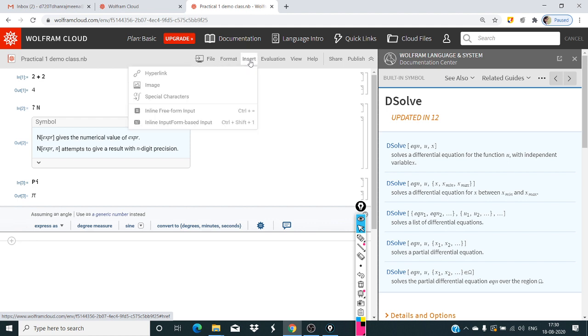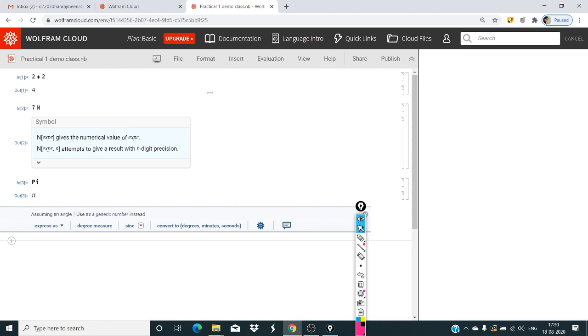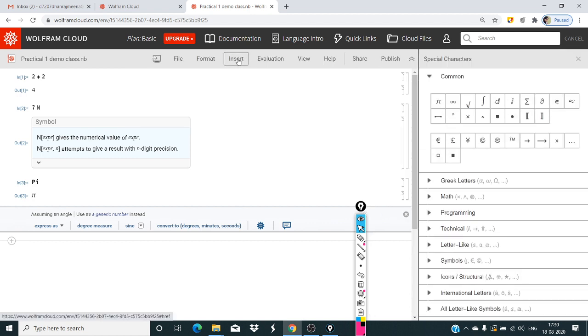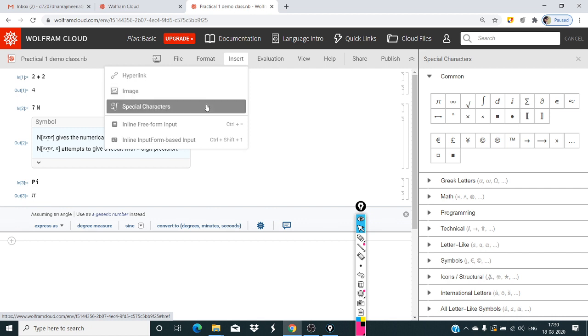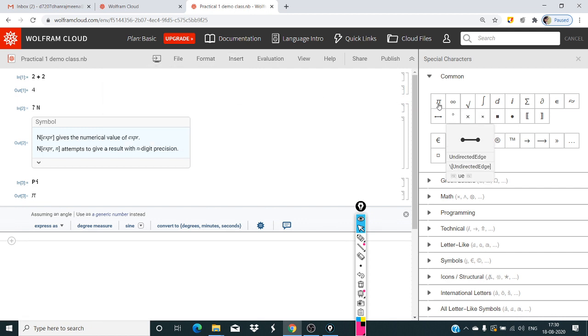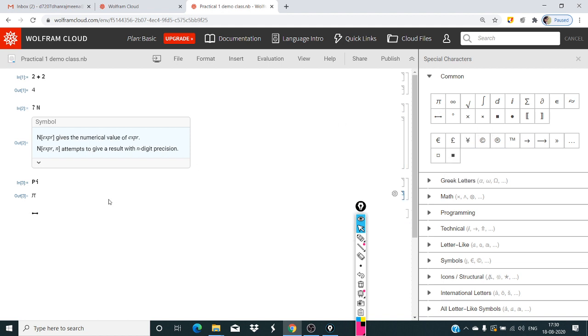But if you want to use it from here, then what you have to do, click on insert, then special characters. Now in special characters you can get the special characters of mathematics. For example, pi is already there. If I click on pi, then you will observe, wait a minute, yeah, when you click pi here, it will show you this value of pi, the shortcut of pi,